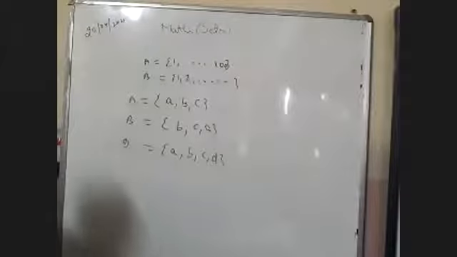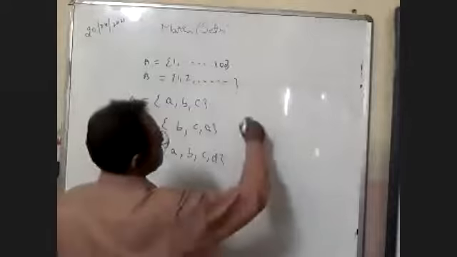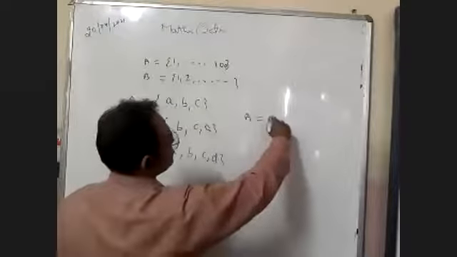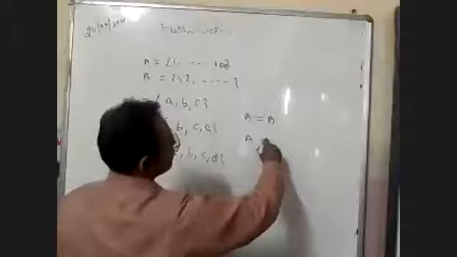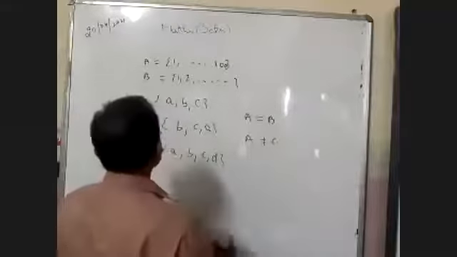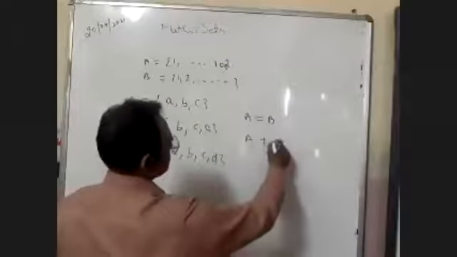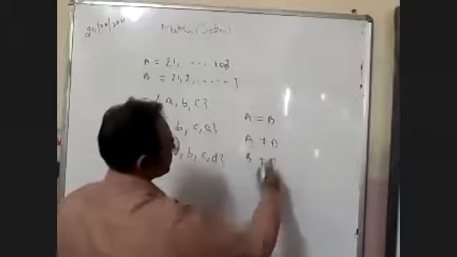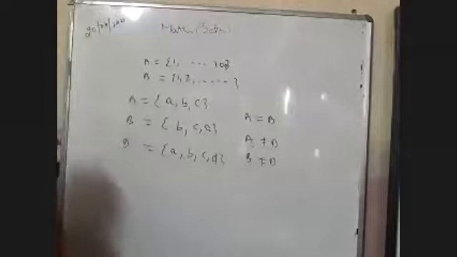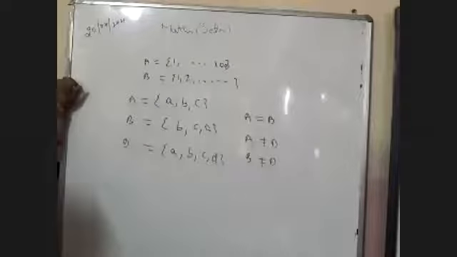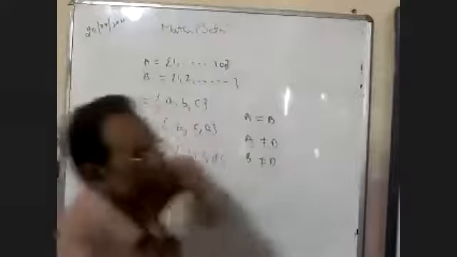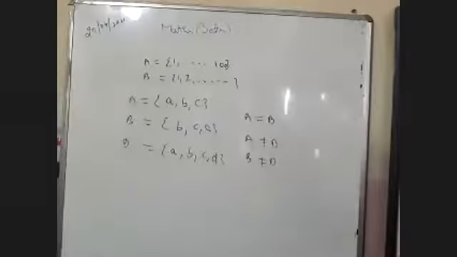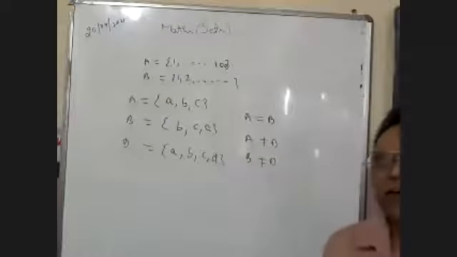ठीक है, you can write A equal to B and A is not equal to D. Oh, sorry, D I have written, so B is also not equal to D. So equal set, we must have the exactly same element. Order may be different. Order doesn't matter. ठीक है, so in second exercise, this is a very simple exercise. You have to mention only whether it is a finite set or infinite set. ठीक है, equal set.